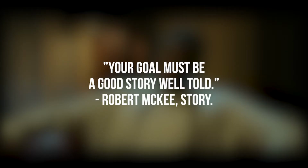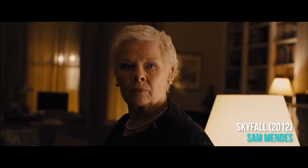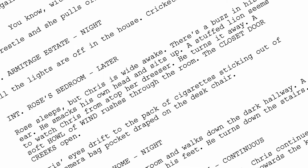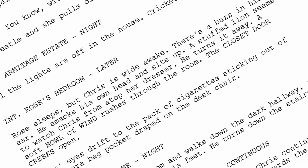In Story, Robert McKee says that the objective of a screenwriter should be a good story, well told. The films that really move me are the ones that have compelling, well-structured, and satisfying narratives. They're movies that exploit the well-established story beats of a 3-act narrative. This is one of the reasons I like to think the film received an Academy Award for Best Original Screenplay in 2018. It's a tightly structured and satisfying story that uses these beats as a foundation for its exploration of